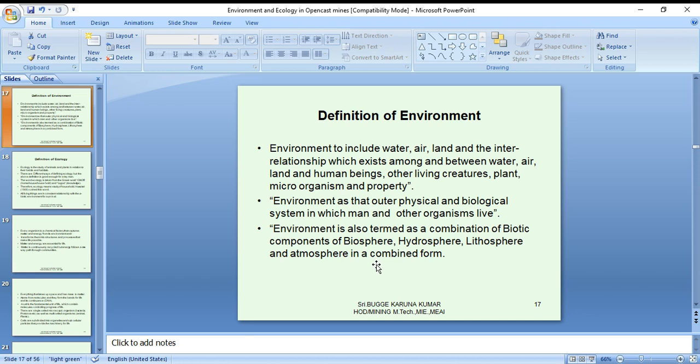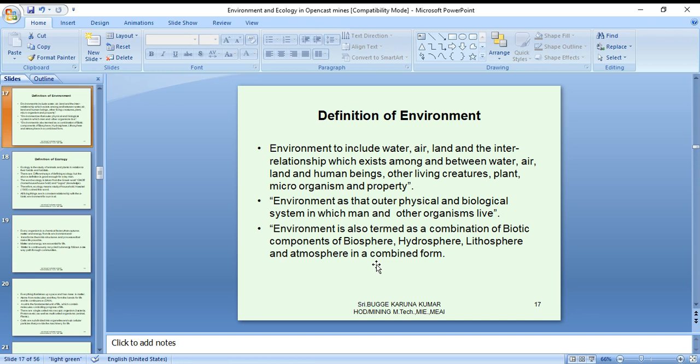So don't wonder what is meant by environment. Environment means all around us. It may be biosphere, hydrosphere, lithosphere, in combined form. If you raise your hand and see the sky, that is an environment. See the vertical and horizontal and also the bottom.